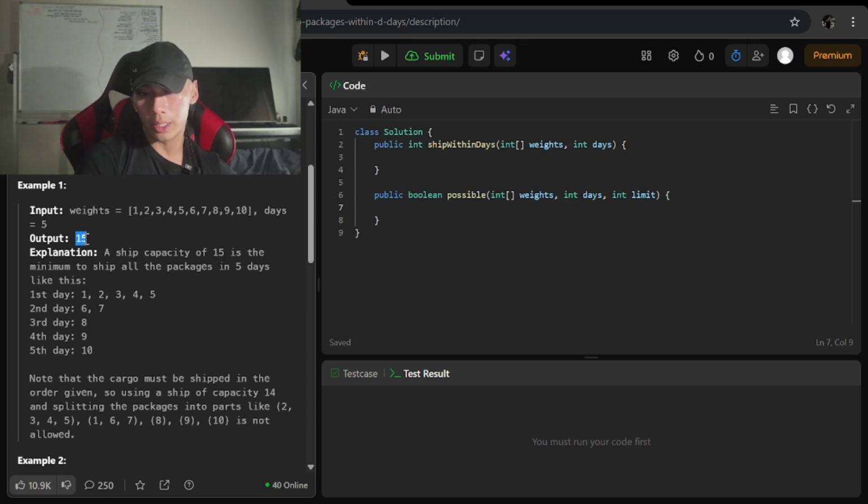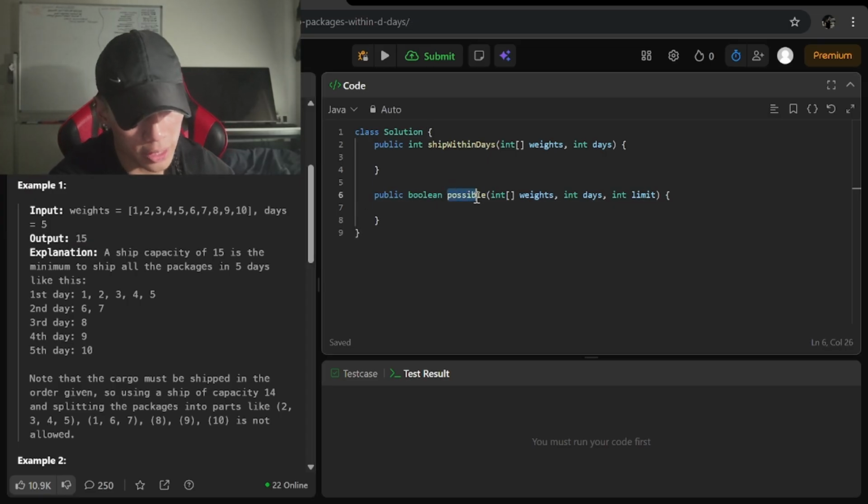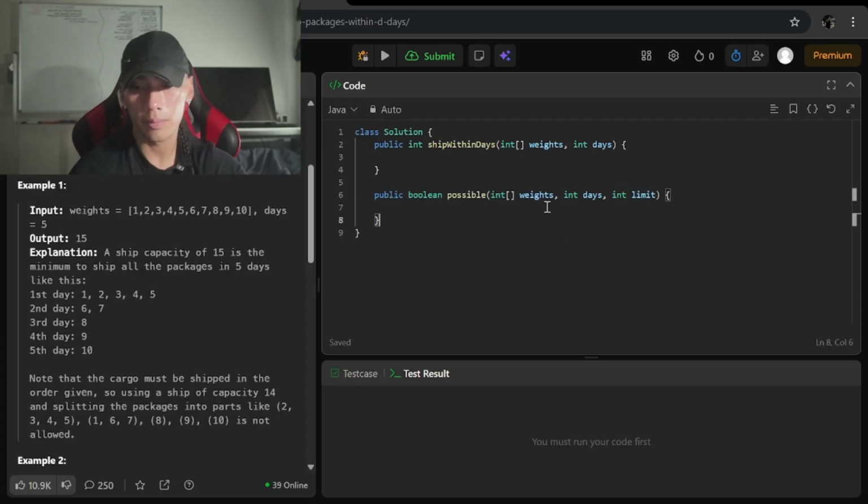So how would we use the possible function? How do we get the limit? What would determine where we start the limit and how we move it? I think one thing we can do is add all of the numbers together and divide it by the number of days.